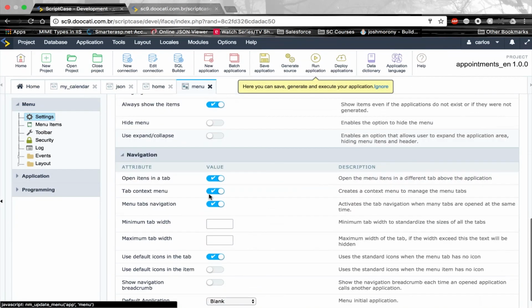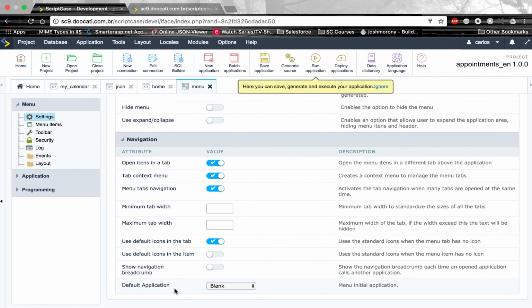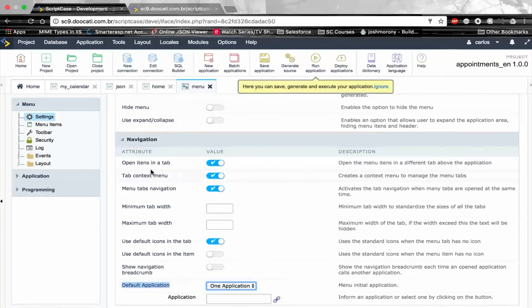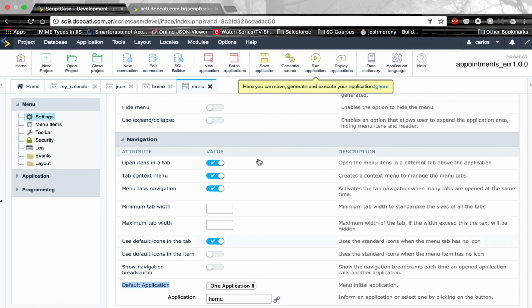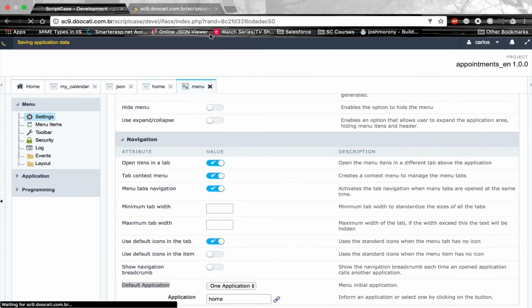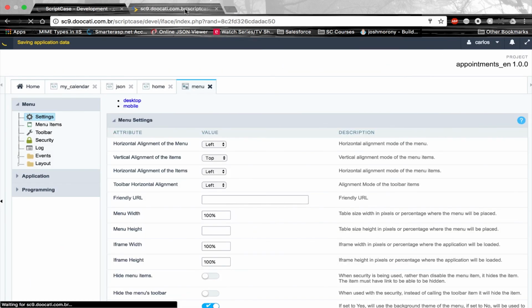If I go here to the menu application, it allows me to set a default application that's going to be loaded when the menu opens. So I'm going to set it to one application, this being in the settings. And I'm going to link that home application I just created. Home, imports. If I run the menu application now,